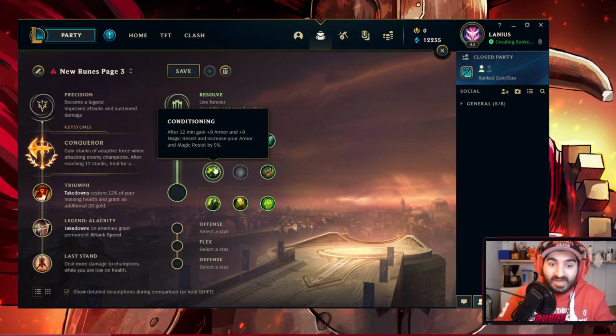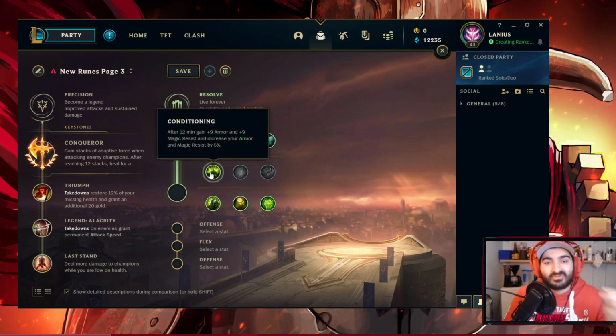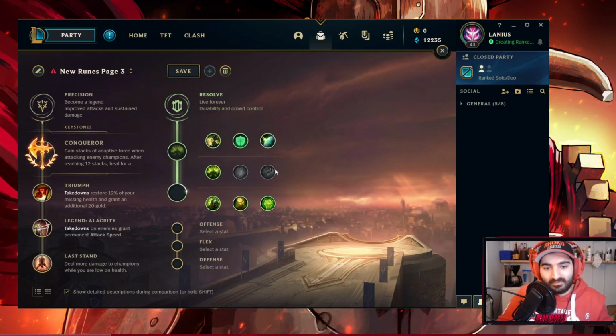Conditioning is very, very good if you're up against teams that have a lot of damage, but you have a lane that's not very hard to beat. If you're up against Sion, for example, conditioning is free, because you don't really need anything in lane to beat Sion, right? But in exchange for sacrificing one of these two very powerful lane runes, you get Conditioning,